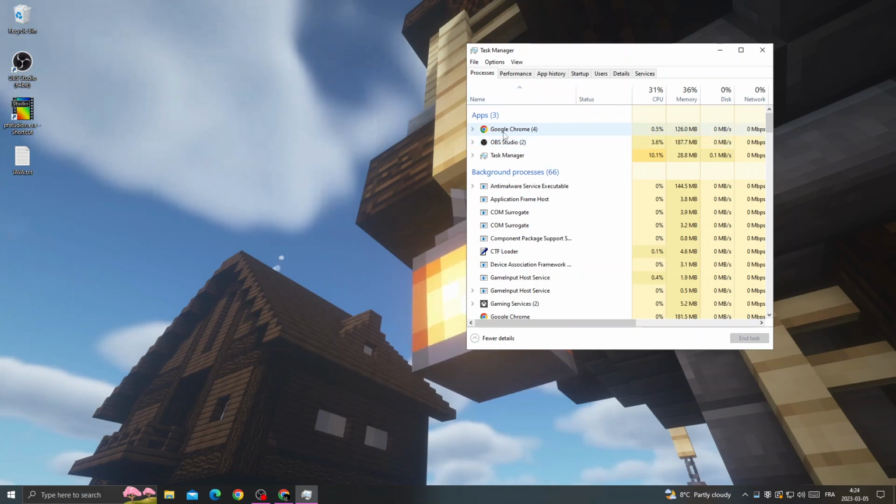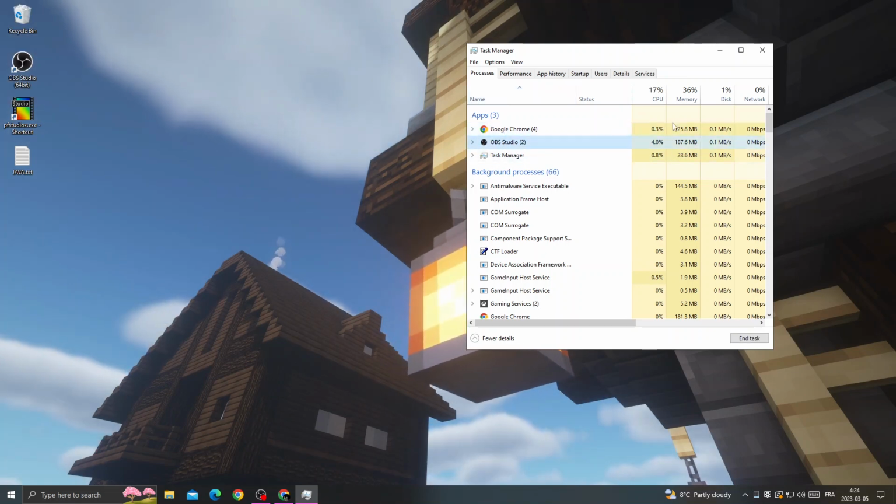applications that you don't need here like Google Chrome, and that's it, applications that takes your